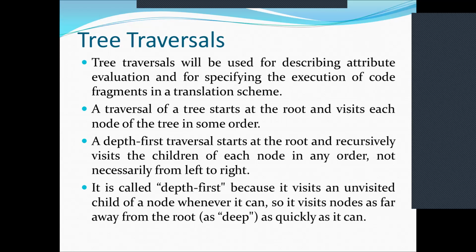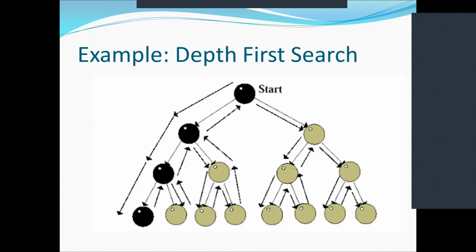So it visits nodes as far away from the root, or it goes deep into the root as quickly as it can. So that is your depth first traversal of the tree. If you have studied the depth first search algorithm, that is also a kind of tree traversal, where it either goes vertically or horizontally. So you can see in the example figure,